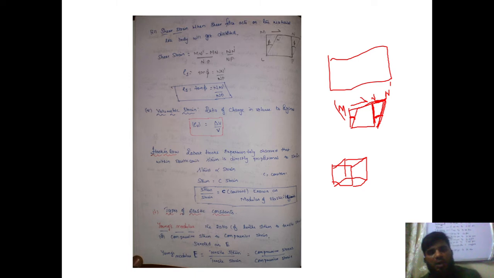Okay. Next, a very important thing we have to see is Hooke's law. What is Hooke's law? A scientist named Robert Hooke conducted a set of experiments to identify the relationship between stress and strain. I have told you that whenever you apply stress, obviously because of that stress, the object is going to get deformed.